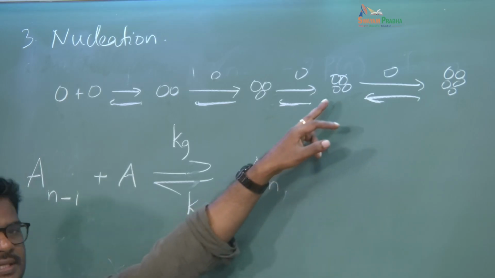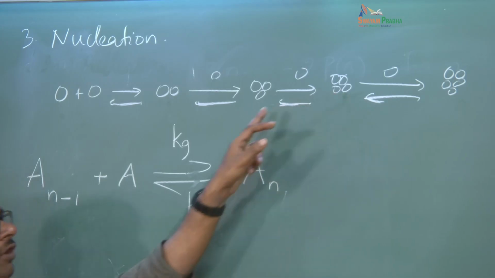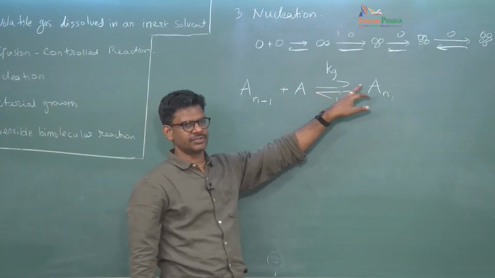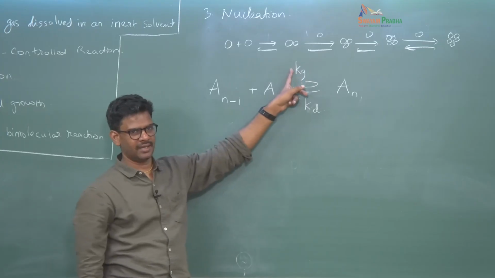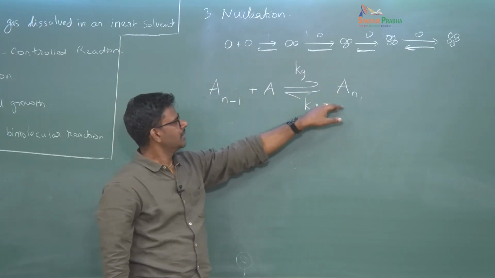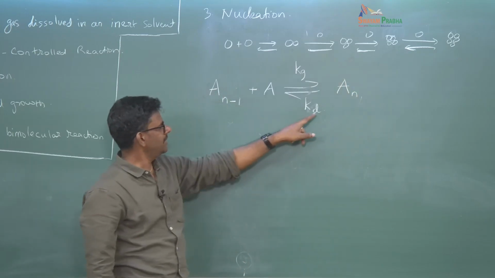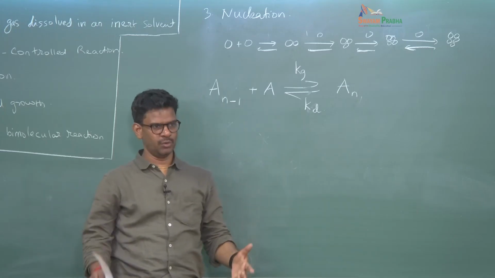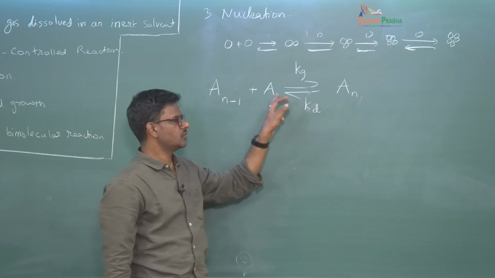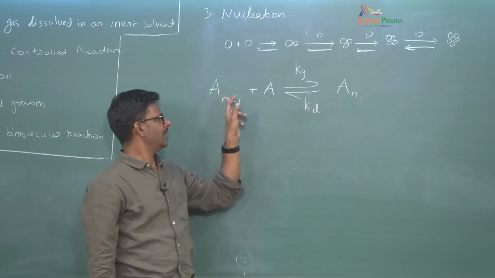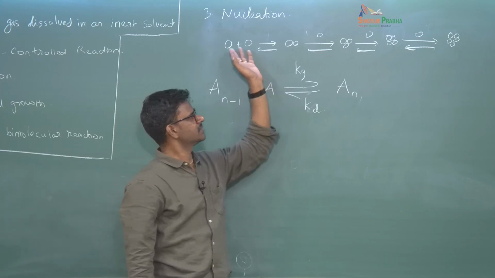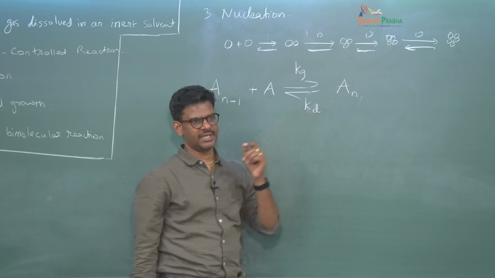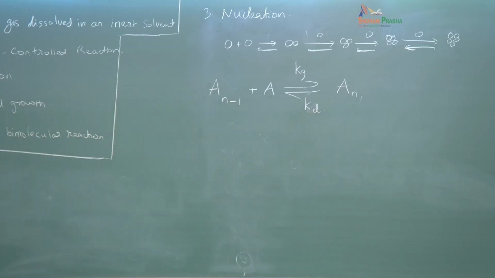So if I look at any cluster of size n, it is formed by a cluster of n minus 1 and one monomer, and that leads to this forward reaction with the growth constant K_g. And then if you look at the backward reaction, A_n basically represents a cluster containing n monomers, and this can dissociate in one single step to give a monomer and a cluster of A_{n-1}. So this pictorial representation of this reaction cascade can be simply mapped into this kind of reaction scheme. So now the question is, can we think about